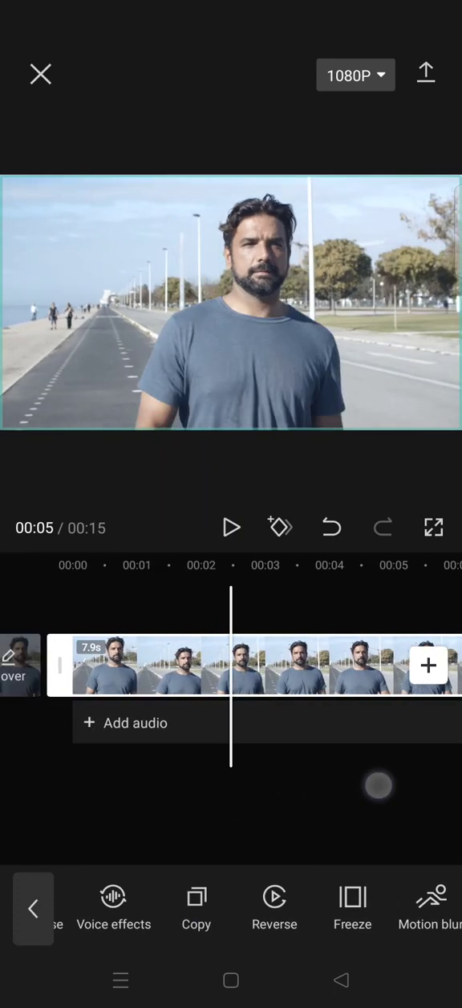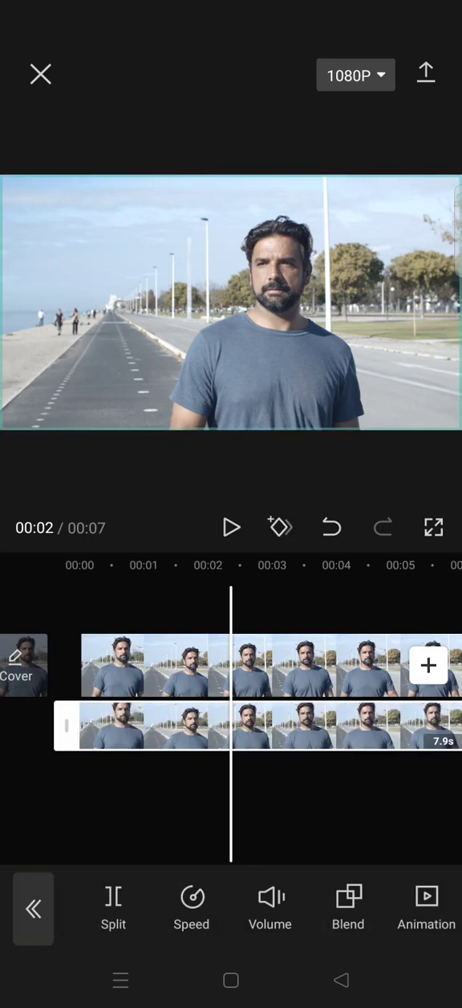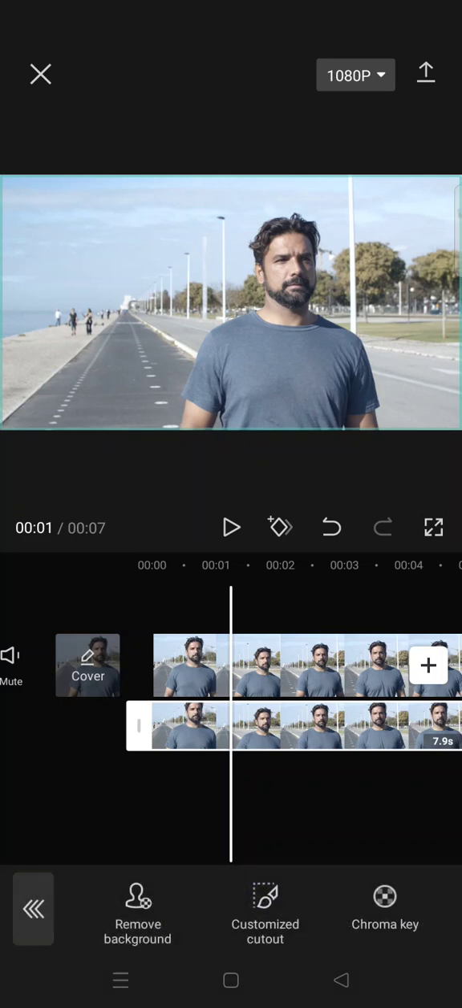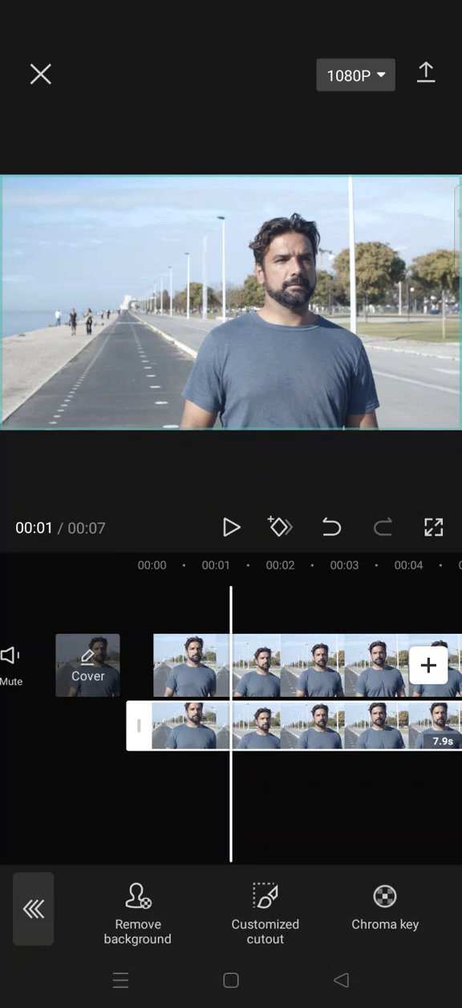and then click on the first clip and make it as overlay. Okay, so it will align like this. Then click on the overlay video, go to cutout and choose to remove the background. Wait for the process to finish. Click on the check icon when it's done and then just go back,